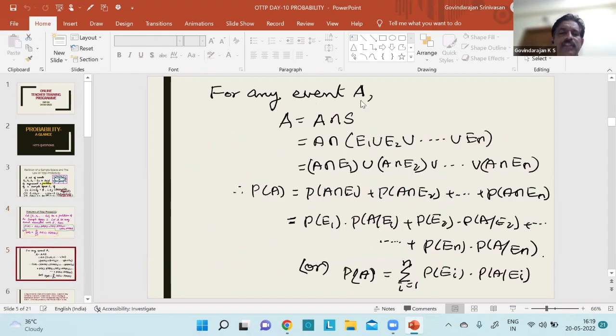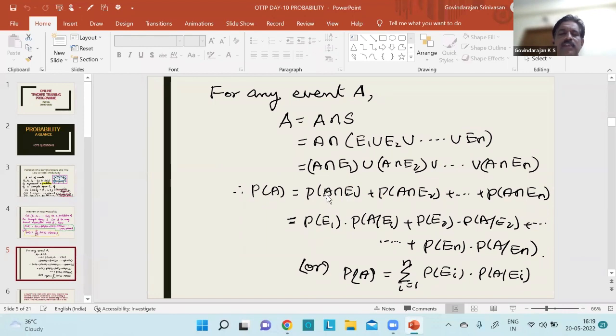For any event A, A is equal to A intersection S, where S is the sample space. A intersection S is equal to A, that we already know very well. So here S is the union of all the events E1, E2, E3, etc., En, which is a partition of the sample space, and they are exhaustive events, already you know that. So A intersection of E1 union E2 union, etc., En. By using the distributive property, A intersection E1, union A intersection E2, etc., union A intersection En. So the probability of A is equal to, by the addition theorem,